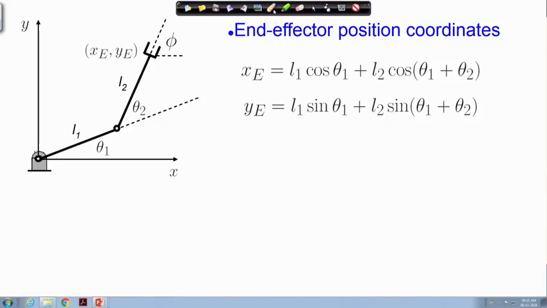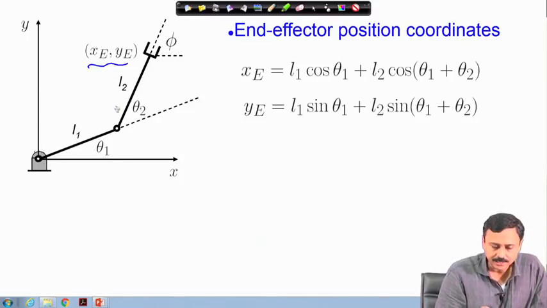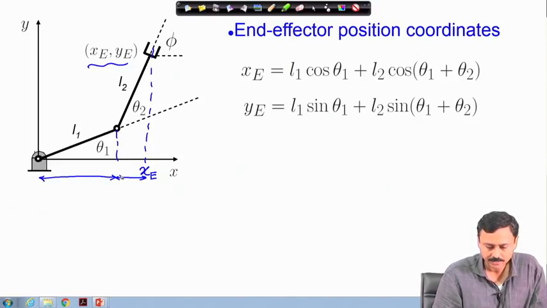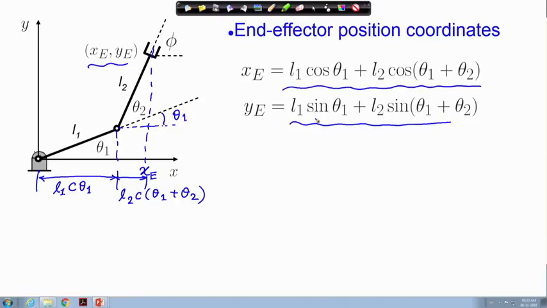You can very easily write out the location or the position of the end effector, which is denoted by xe and ye. For example, this xe is nothing but the sum of these two lengths. This length is L1 cosine theta 1, and this angle is theta 1. So, this length becomes L2 cosine of theta 1 plus theta 2. That gives us xe. Similarly, you can find out ye as L1 sin theta 1,